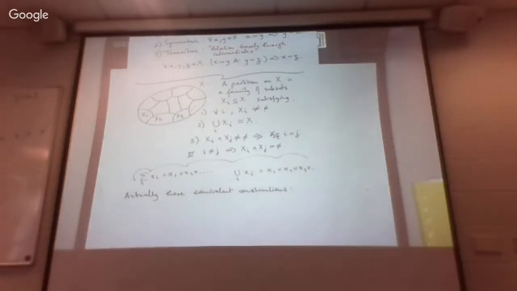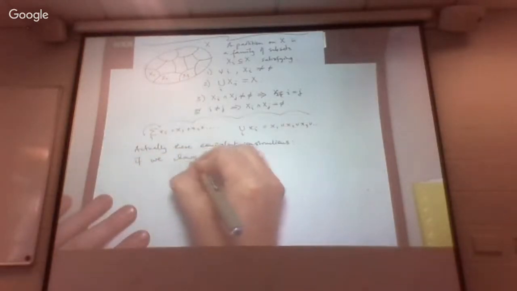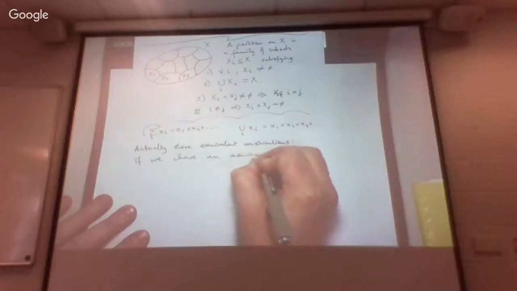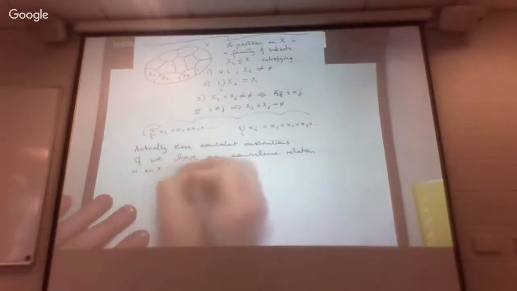What we mean is, if we have an equivalence relation, there's a very obvious partition we can build out of it. And on the other hand, if we've got a partition, there's a very obvious equivalence relation that we can build out of that. So if we have an equivalence relation tilde on X, then